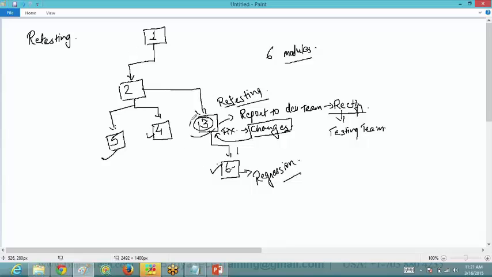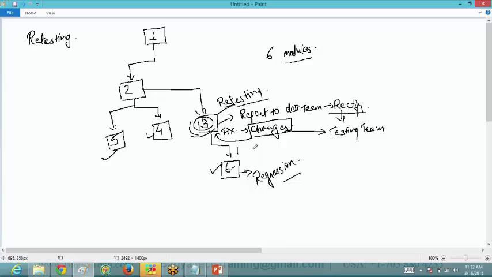Only there was an error in the third module. So you reported it to the development team. They made some changes to the module and gave it back to the testing team to test it. When you test this third module again after the fixes are done, that type of testing is known as retesting.